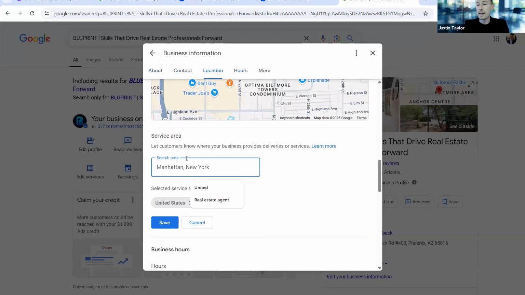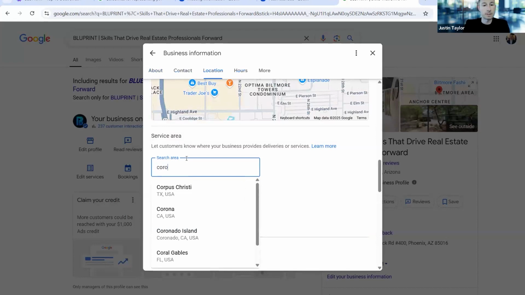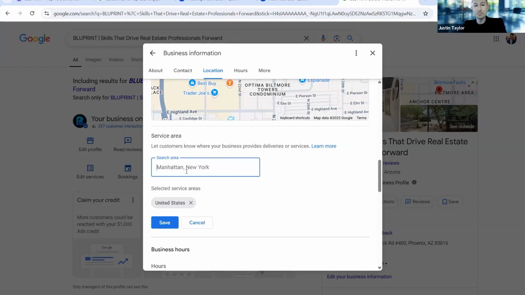San Diego, you've got even like Coronado, right? Coronado, which is probably its own thing, right? You can even add that in there. Obviously, San Diego will be a big one. I'd probably add San Diego, Oceanside, Oceanside, thank you. That's literally what I was talking about. Carlsbad. So I would add all those service areas in there as well, not just San Diego.